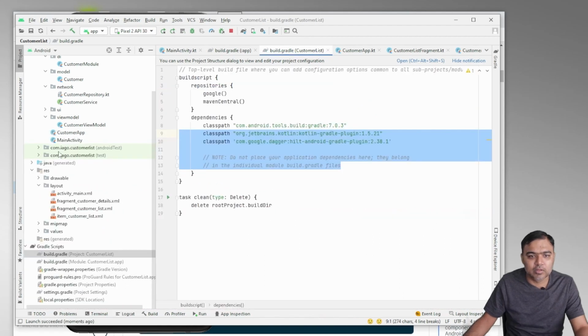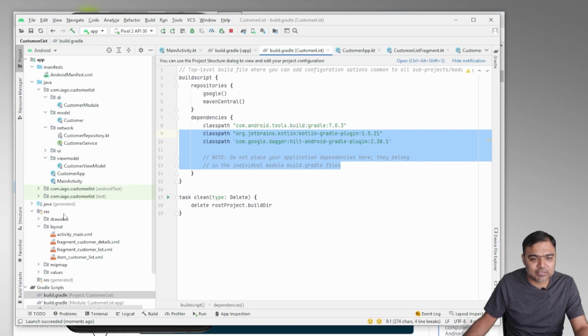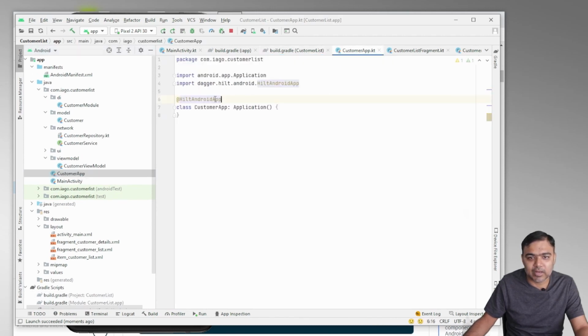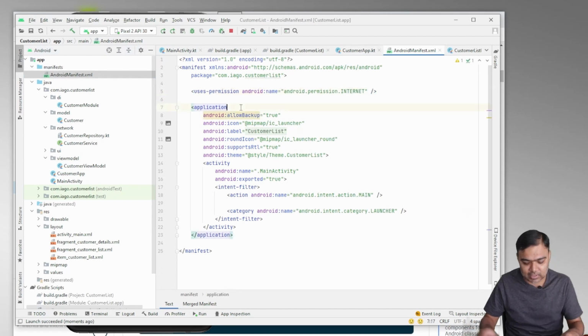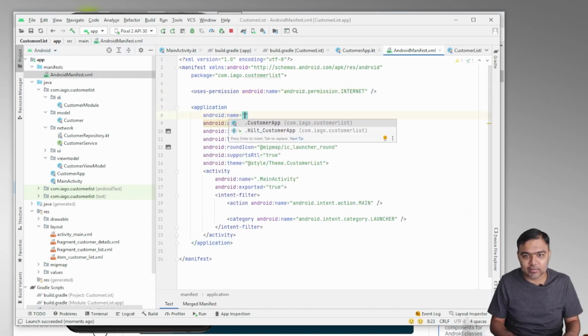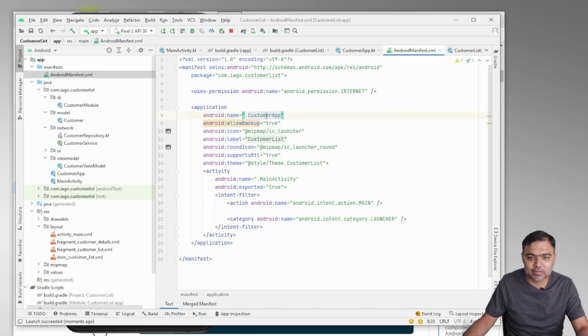Okay, so what we did was we created the customer app. This is our main application, but Android does not know that we have created an application class. How will it know? By going to the manifest and adding a name tag. So basically we have this customer app now,